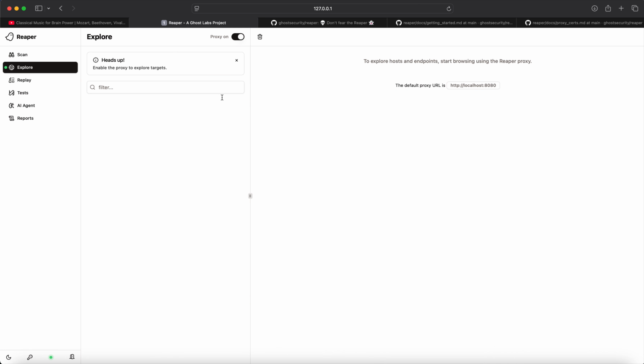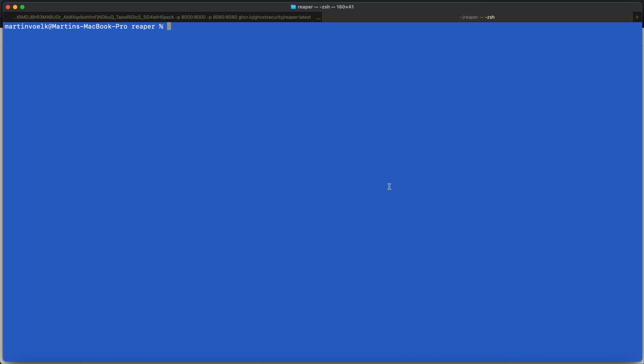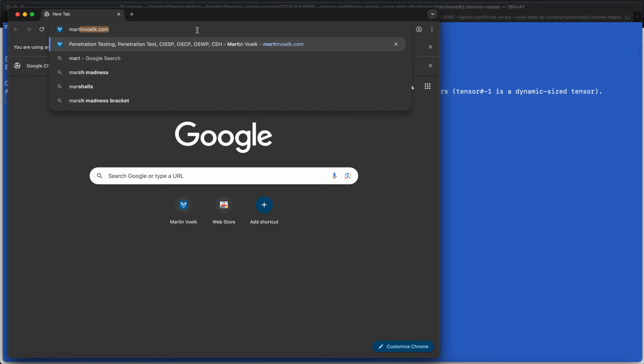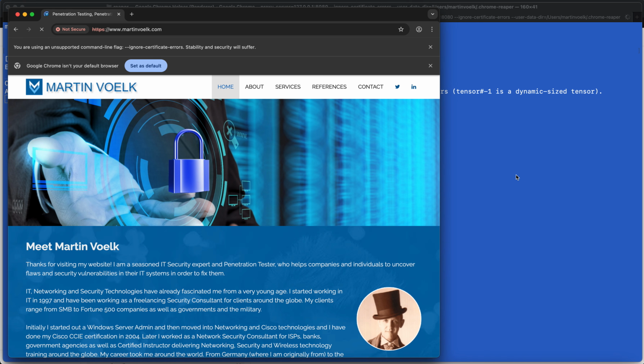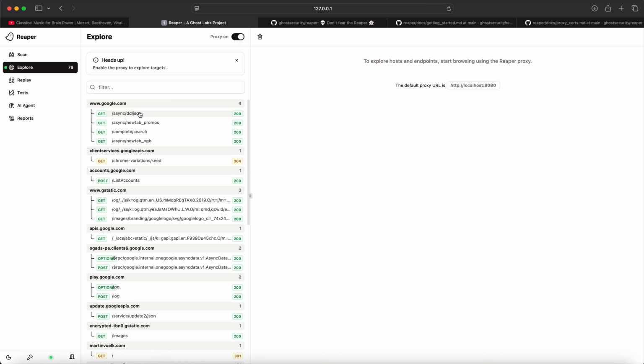Then you have the explore feature. So the explore feature is basically, you can effectively run through, it's like a Burp capability kind of thing. So let me show you this real quick. Basically, if you come to a terminal and then we launch a browser, as described on their GitHub, so we're launching a Chrome browser here, right? And now we basically go in and say, we go to my website, and then it's proxying through Reaper at that point, right? So I'm going back to my browser here, and then you see, hey,